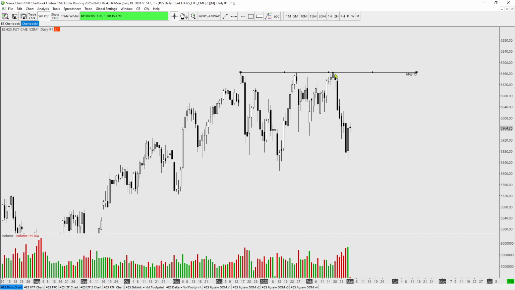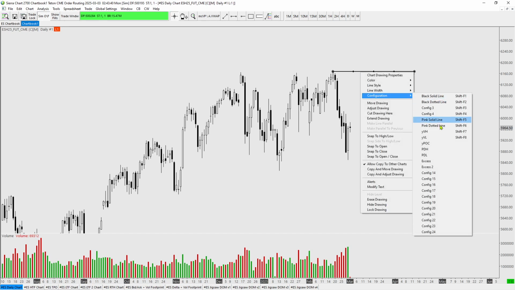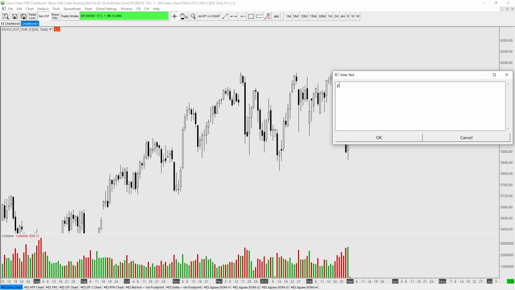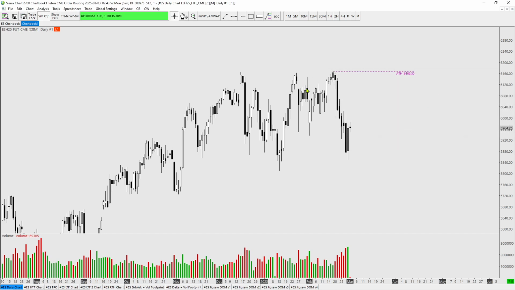So okay, that's not the absolute high. I guess the absolute high would be that now, and we'll mark that and call it the ATH, all-time high. So we've marked the all-time high, and another style of marking support and resistance levels that I like to do is use, I call it the baseline.